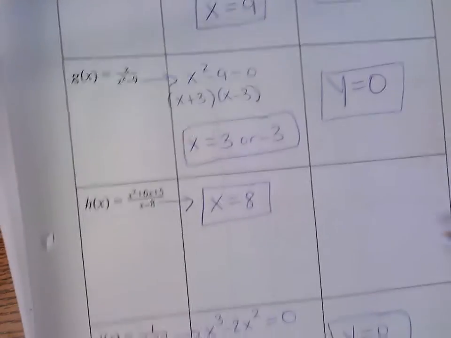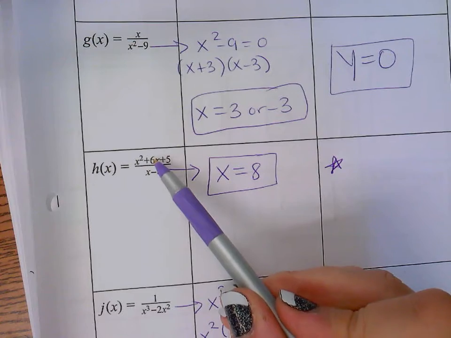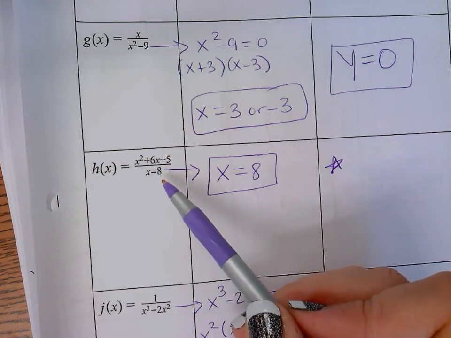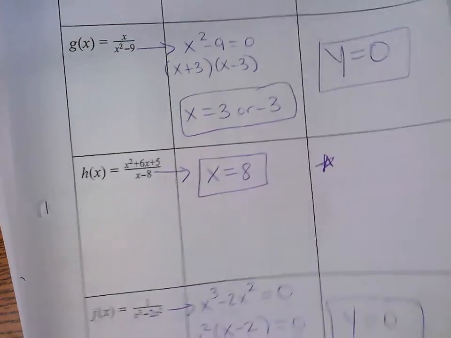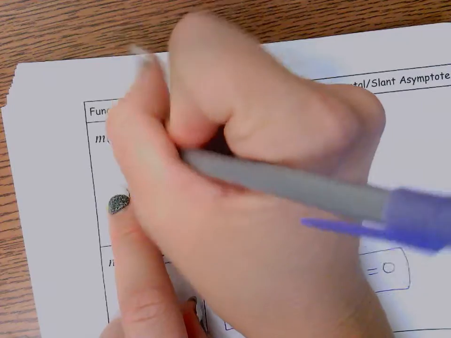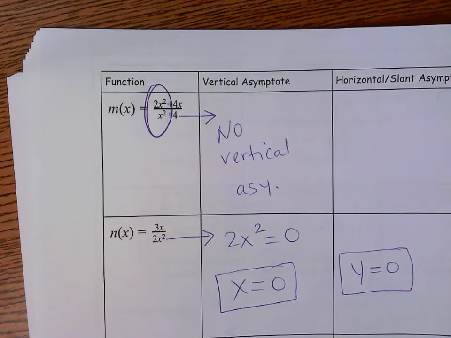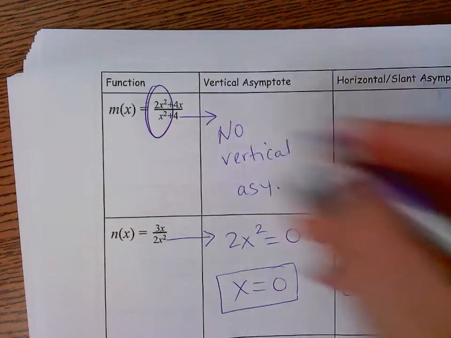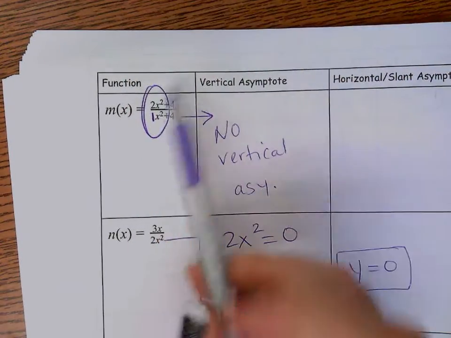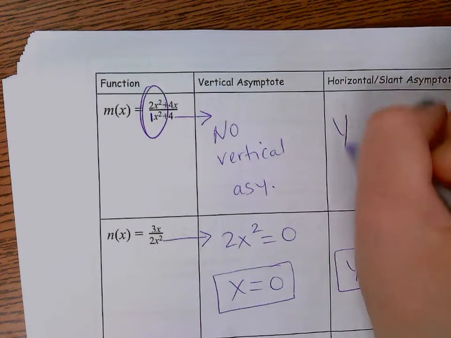This example, we're going to have to go back and do division later, right? Because x squared is in the numerator, x is in the denominator. So I got to go back and do division. And what about on this page? Let's see. These are equal. X squared over x squared. You only look at the leading term because that determines your degree, and you strip the coefficients. So 2x squared over 1x squared, y equals 2 is my